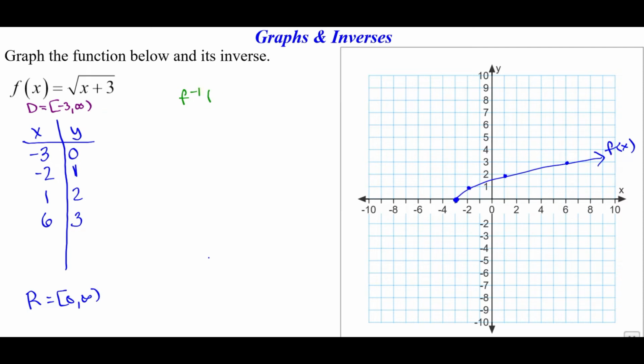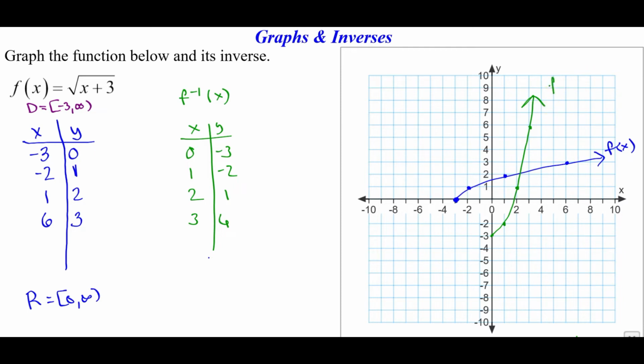So if we look at f inverse, remember the definition of inverse is switch x and y. So now I'm going to switch the x's and the y's here. The inverse function, this is going to be 0, negative 3, 1, negative 2, 2, 1, and 3, 6. So then plotting these points, we're going to get 0, negative 3, 1, negative 2, 2, 1, and 3, 6. So connecting these dots together,